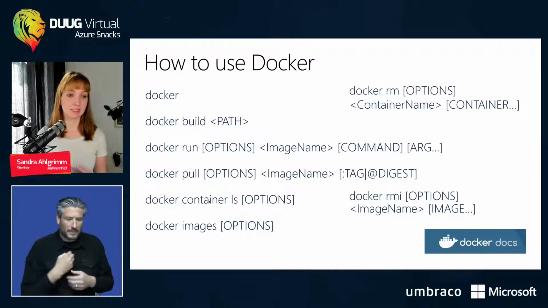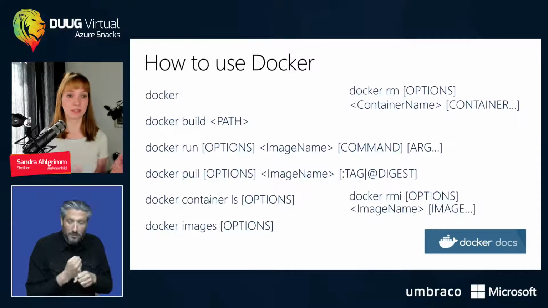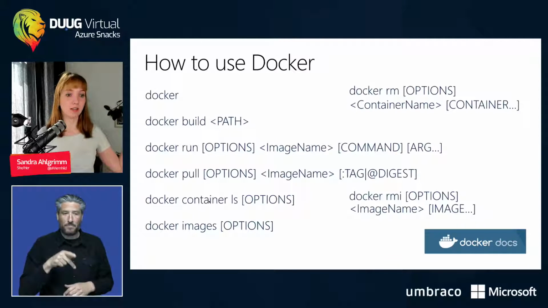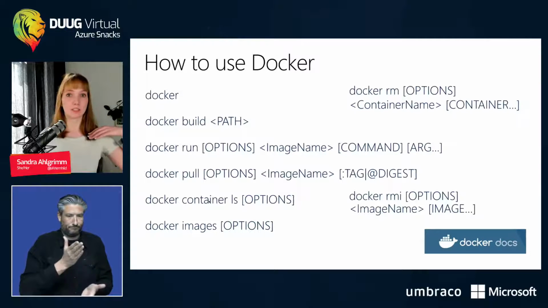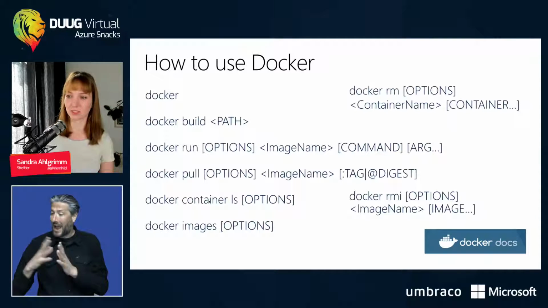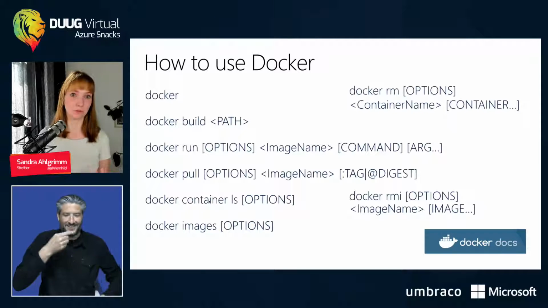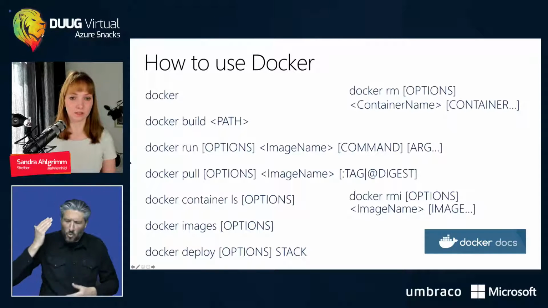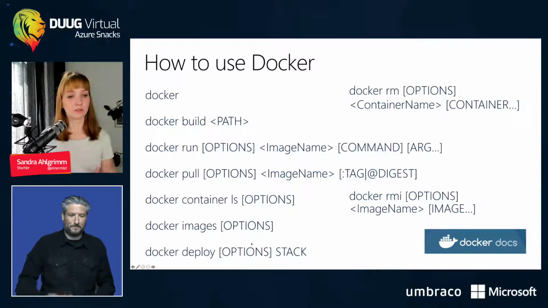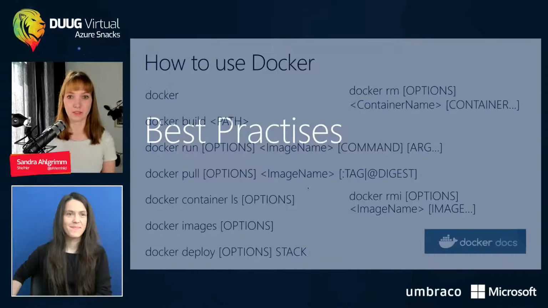And if the app has an issue, you usually don't go into the container and fix it. Usually what's happening is that the application will stop, the container will be thrown away, and you just pull the new image and then just start it again. So that's a different type of working than we were used to before. And you can also deploy a whole stack that's working.